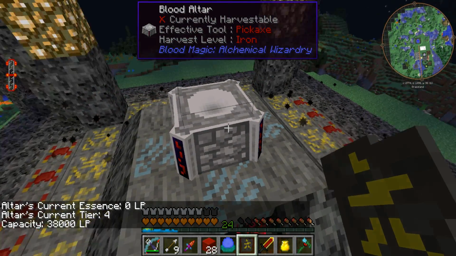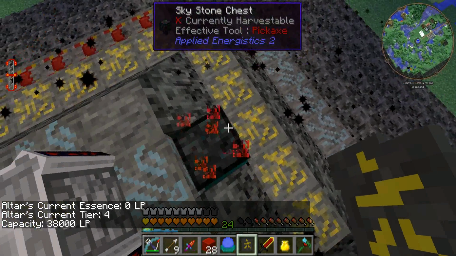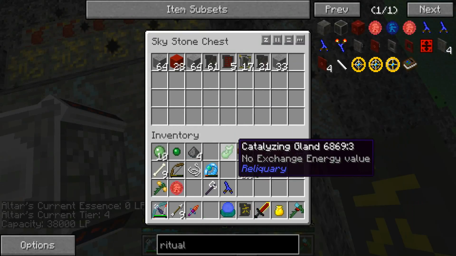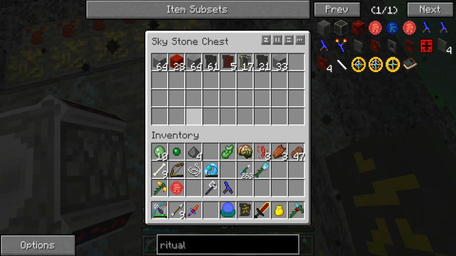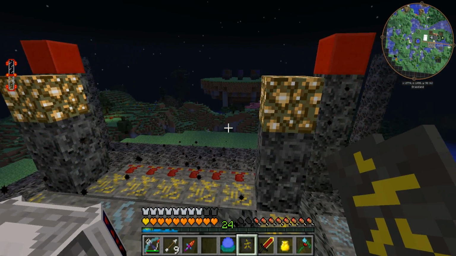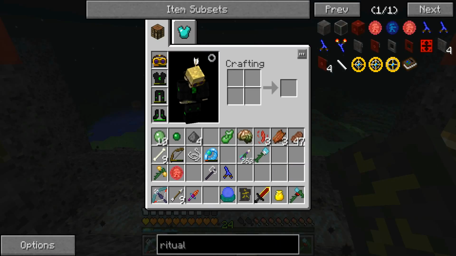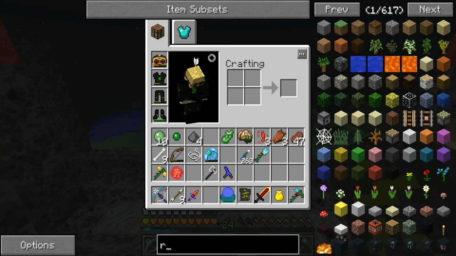So if we go boop there, boop there, boop there, and similarly boop there, now we have a tier 4 altar. Excellent. So I'm going to put those in there and that back in there. Oh, we've got loads of funny looking stuff. Right, so the next thing that we need to be able to do is, in fact, we don't need to do anything else. We've got, if we have a look,